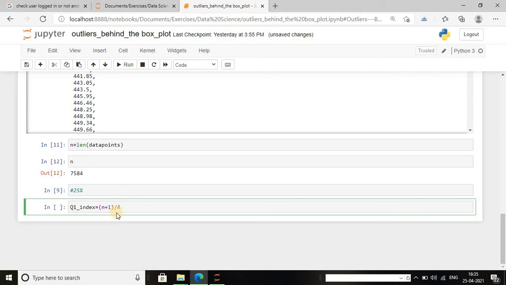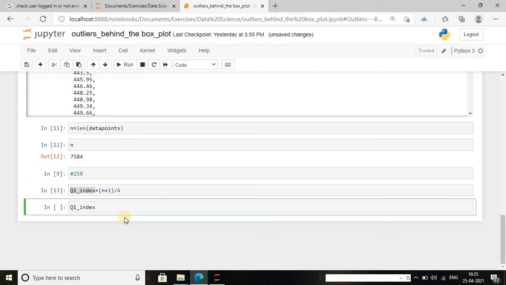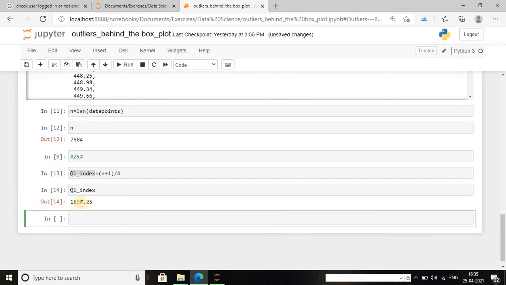Actually it is one fourth of the total number of elements plus 1. I executed this. If I print this q1 index value, it will be 1896.25. If I round that, this will be 1896.